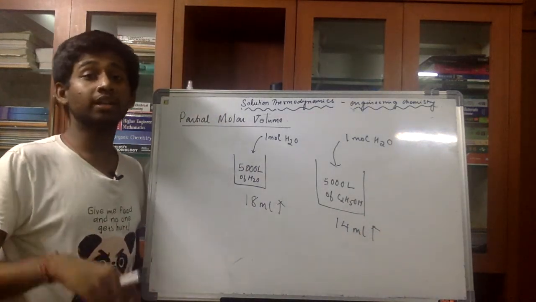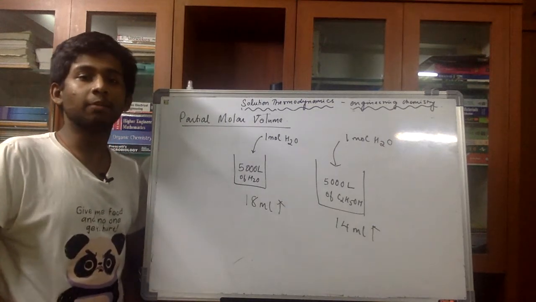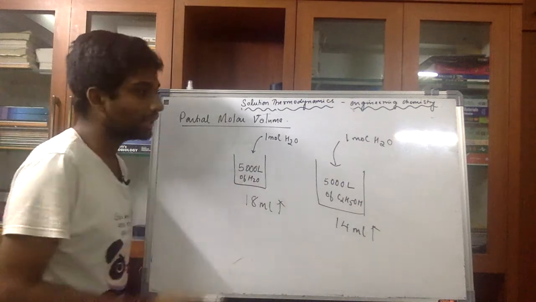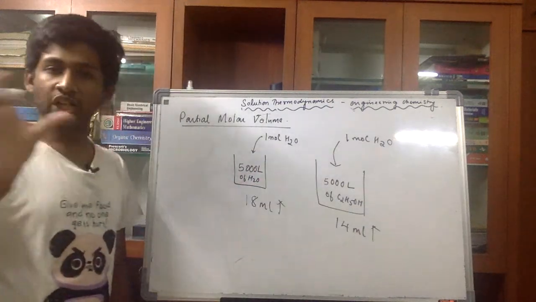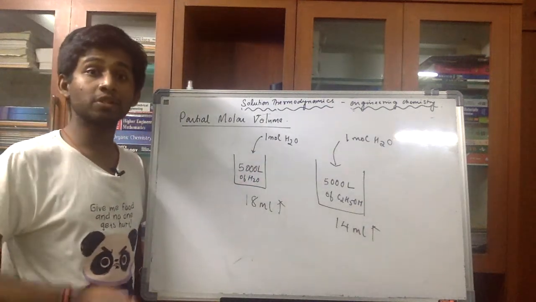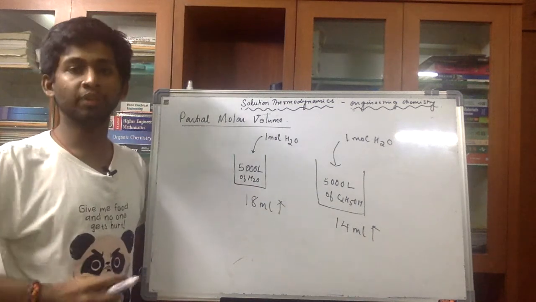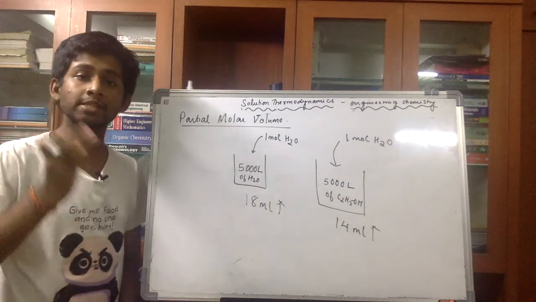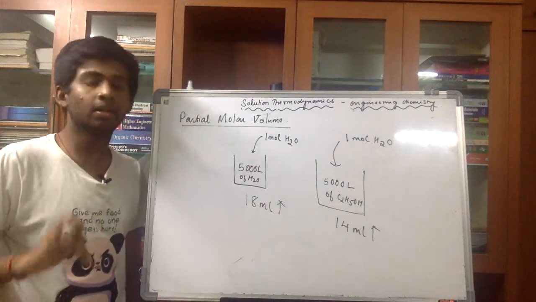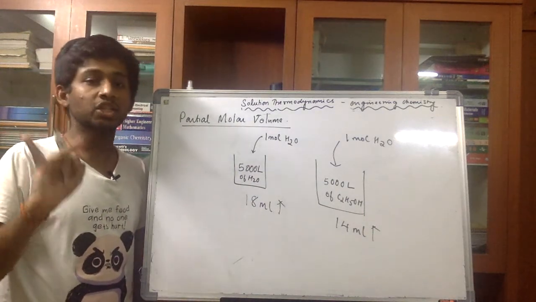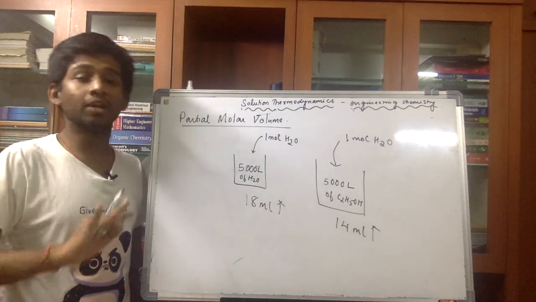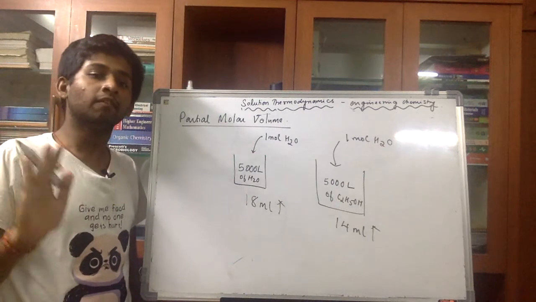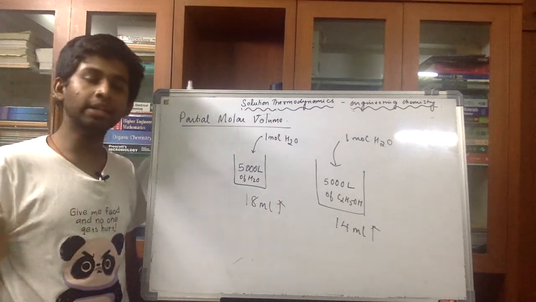The reason behind this is supposed to be the change in the composition, because here it's water and water, and there it's water and ethanol. So there's a change in composition. And next is the molecular interaction between them, because you'll have repulsion, attraction. You must have learned in chemical bonding about various interactions between the particles, right? There's a change in interaction and a change in the composition, and because of that, the influence on the change in the extensive property with respect to the molar concentration will be a little different.